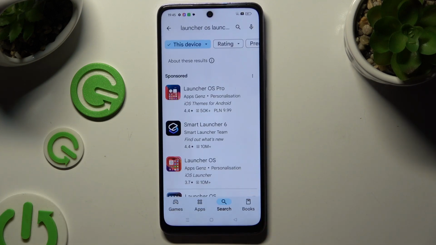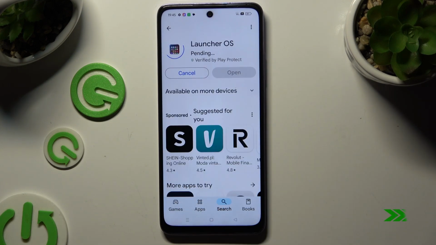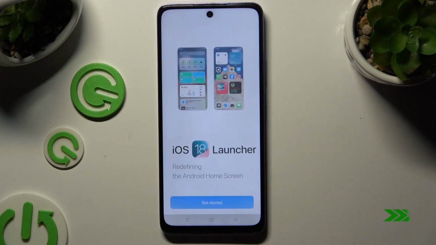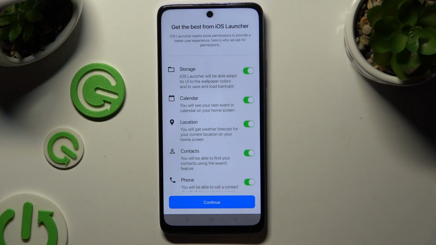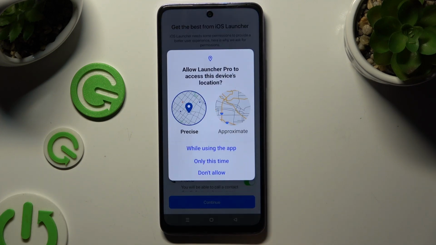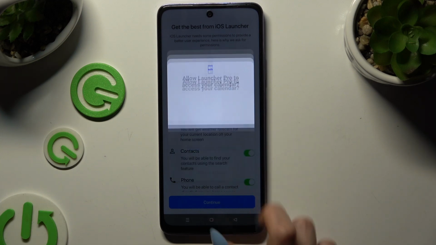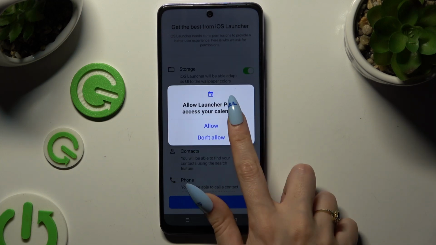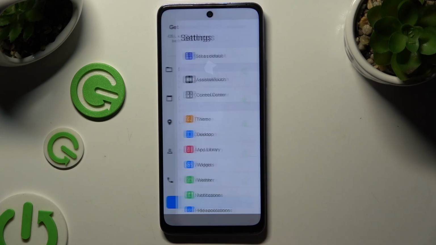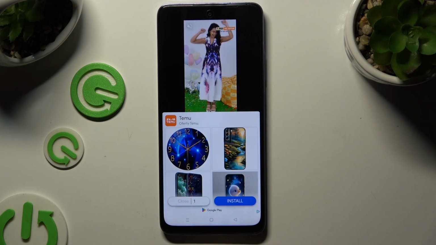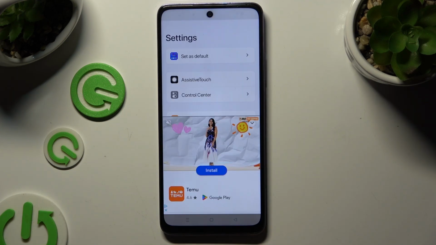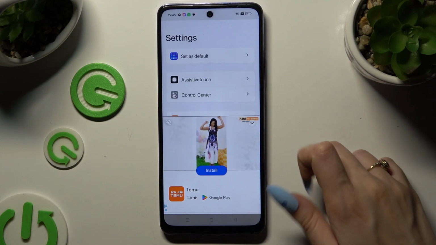When it's ready, open it. Then tap on Get Started. Select I agree to terms and conditions and choose Continue. Then tap on Continue again, hit while using the app and tap on Allow. Close an ad, and last but not least, after operating all of those options however you want to, hit Set